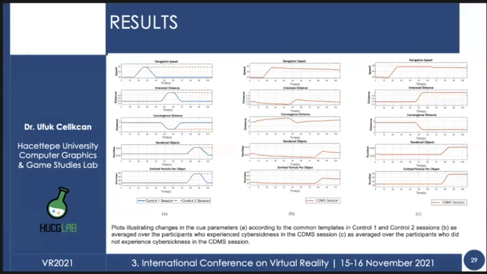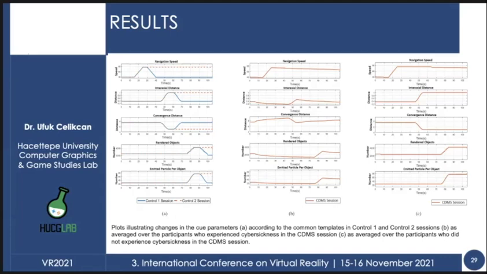And in the middle, we see the resulting parameters as averaged over the participants who experienced cyber sickness during the CDMS session. And on the right, we see the results as averaged over the participants who did not experience cyber sickness in the CDMS session.